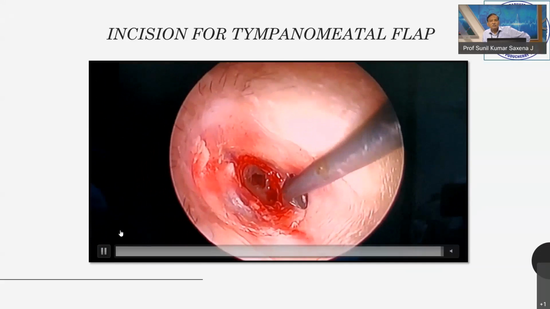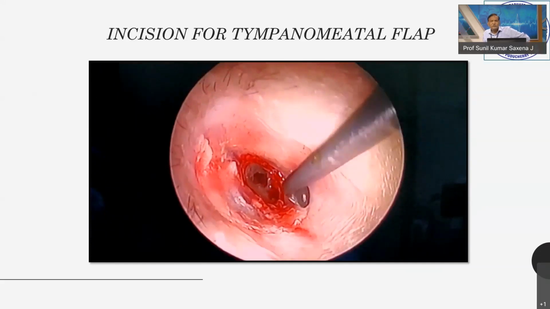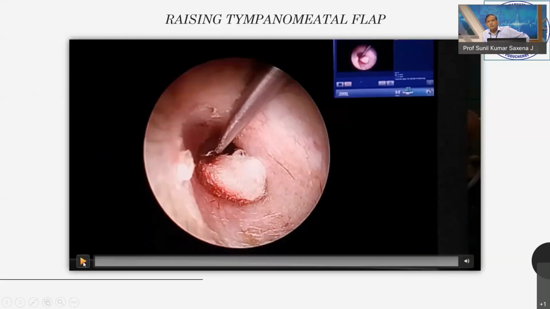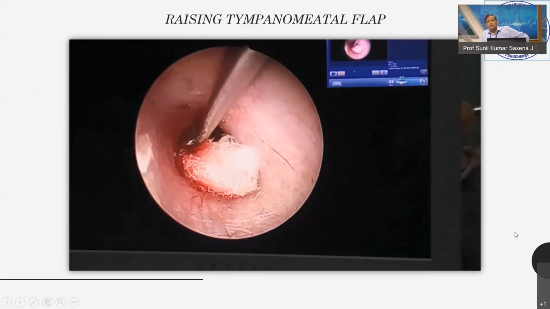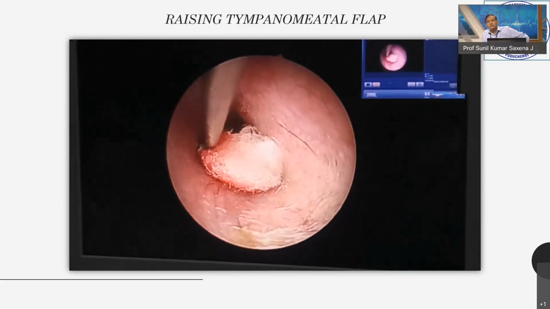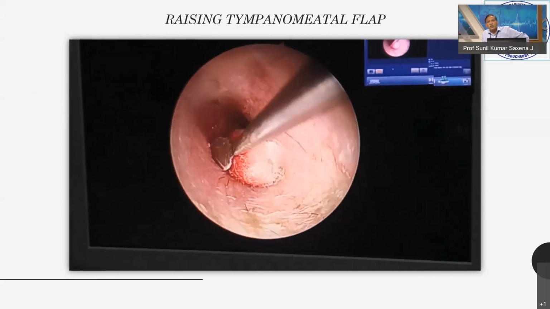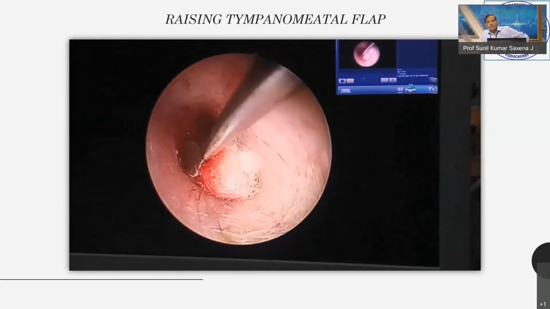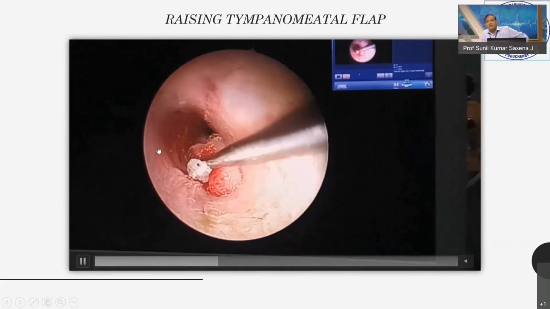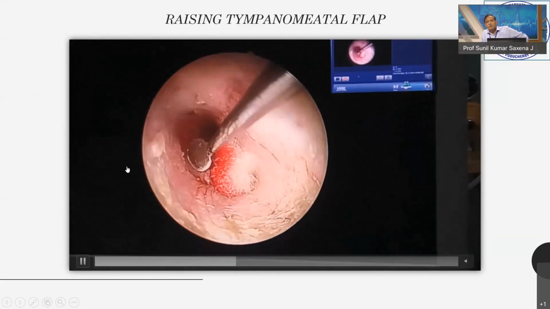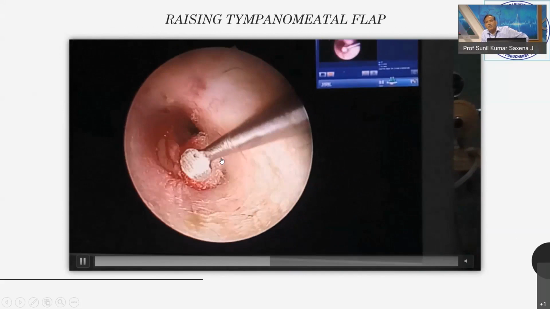Knife should be sharp. Next. Raising the tympanomeatal flap. You can see that I have kept the cotton there. And once whitish bone, see the whitish bone is seen there. Now start the elevator. And this cotton is a must in the anterior place because your TM flap will fold over